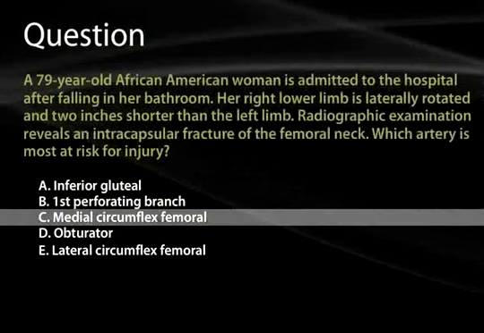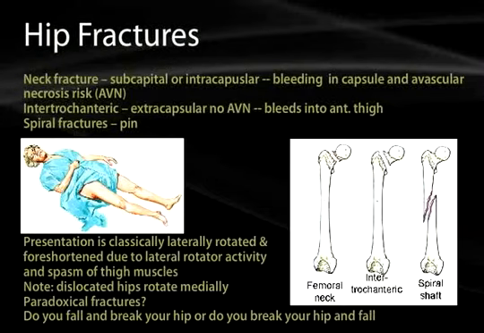The answer is medial circumflex femoral. Even though the lateral circumflex femoral is involved in the supply of the joint, it is the medial circumflex femoral that's the most crucial, and should this be damaged, it will oftentimes lead to osteonecrosis as a result of avascular blood supply. Now here you can see the 3 different areas of hip fractures or fractures of the femur,